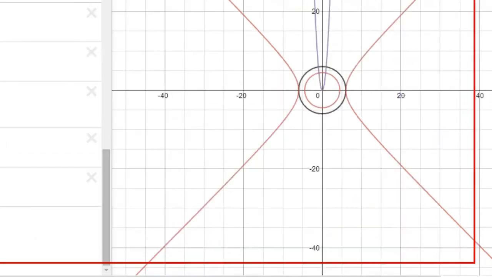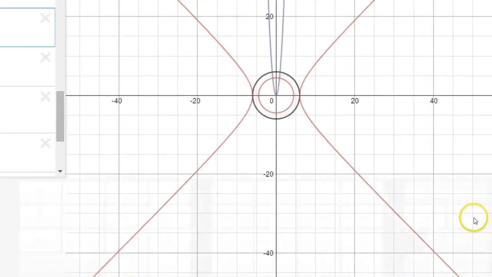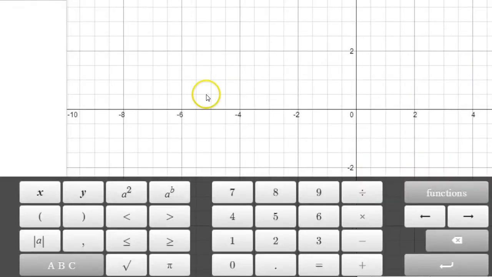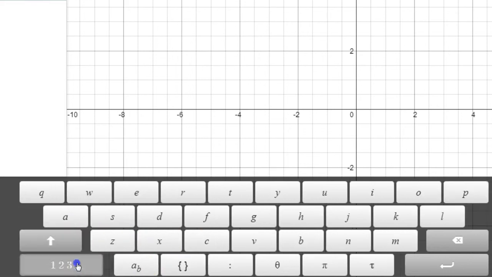Oh, no, I did forget about one thing. It's the keyboard. So if we go back to a blank graph, the keyboard is down here. You can do all kinds of stuff. You can put your variables in. You could type in the exponent and just get those across. Here are also your values for your inequalities, your square roots, pi, everything's in here. And if we switch it up,